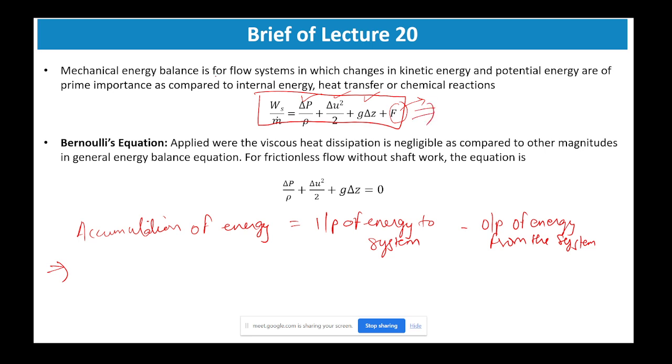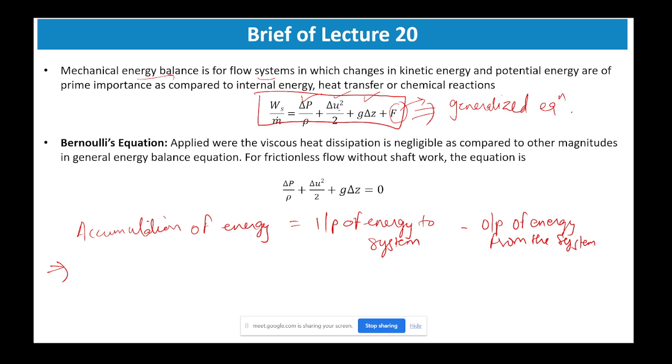Now this is the energy balance, like mechanical energy balance. For that we usually consider kinetic energy and potential energy, and we do not take into account any internal energy change or heat transfer due to any other heat transfer or chemical reactions. So this is it. Now if we want to further simplify this equation, this is the generalized equation,